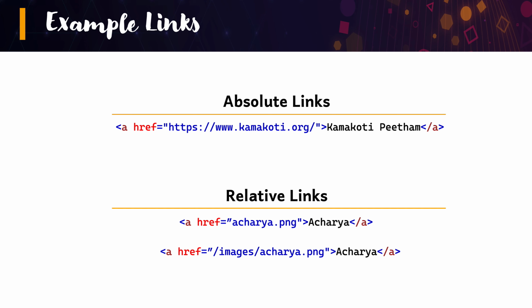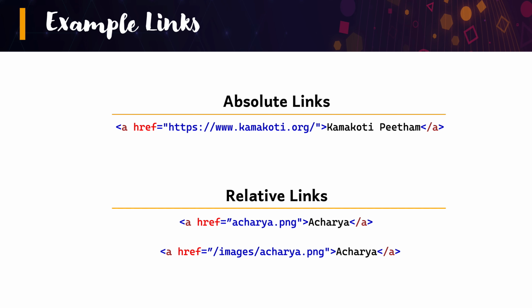The first one on the top is an example for an absolute link. Now, in HTML, the links are encoded in the tag A. Okay, A. Very simple, very convenient to remember tag A. It takes an attribute called href. The value of this attribute is the place where we want to go, is the web page where we want to go, or is a resource that we want to get. The last one is the most technically correct description. It is the URL for the resource that we want to get.